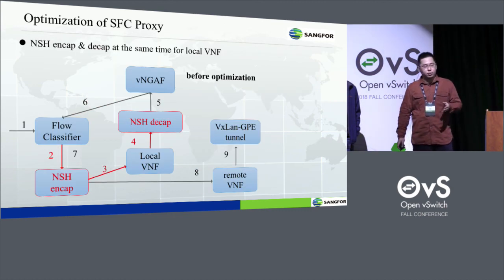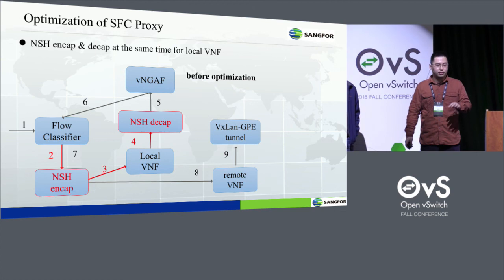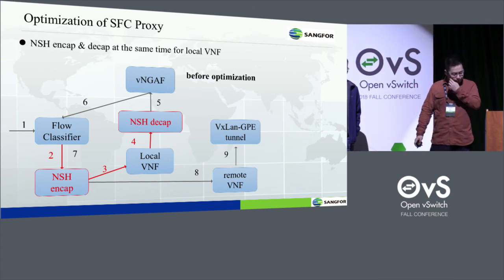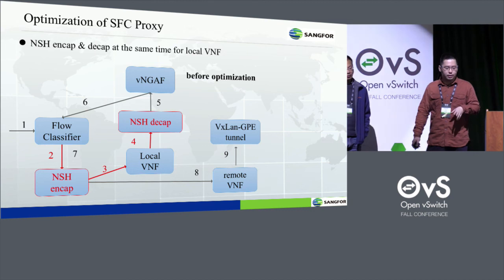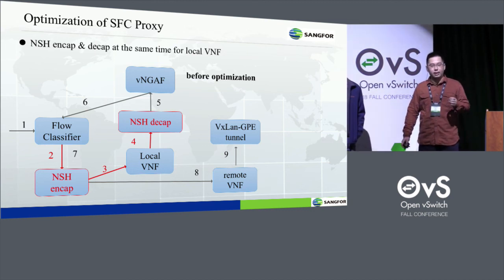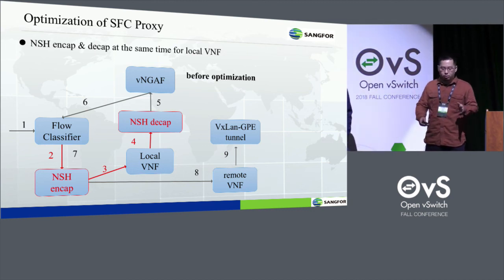And after the realization, let's talk about the optimization of the SFC project. Okay, we found that the network function header encap and decap will decrease the performance by 30 to 14%. And we also find that if 2 VMFs are in the same host, the network function header encap and decap is unnecessary. So let's see it in more